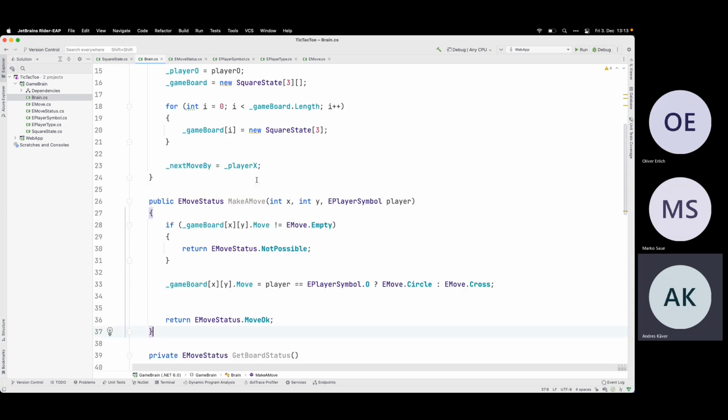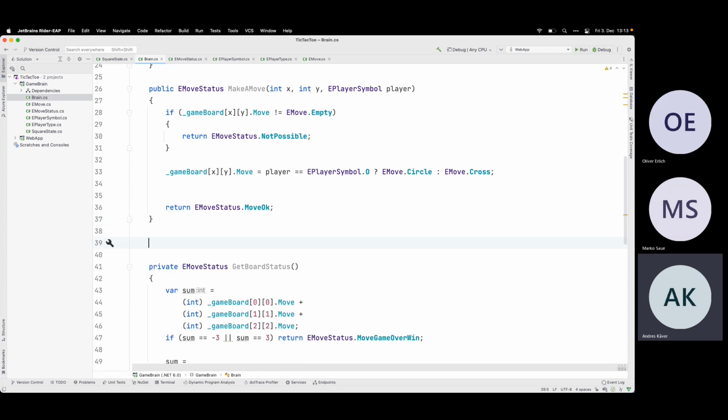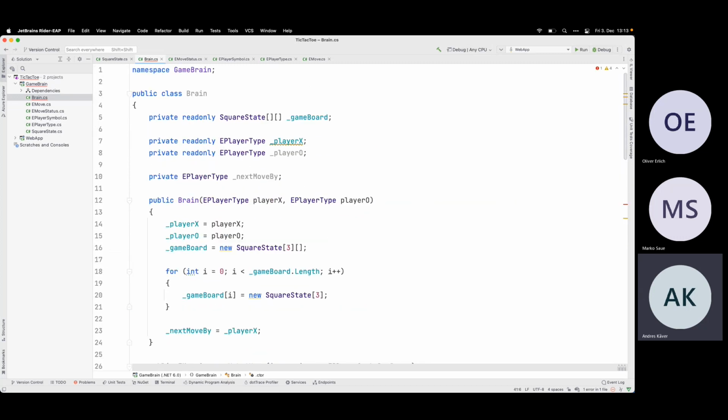Although let's say that I'm not planning to do anything bad. So initially I can do just a quick and dirty public get board, which will return this square state.